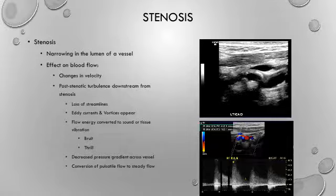All right, stenosis. Stenosis is when you have a narrowing in the lumen of a vessel, okay? And you get changes in the velocity because of this narrowing. After the narrowing, we see something called post-stenotic changes. A lot of times we'll see loss of streamlines, eddy currents, vortices, lots of flow energy converted into sound or tissue vibration. You get bruits,